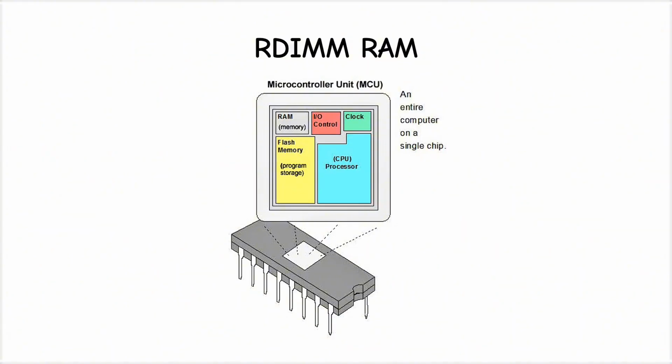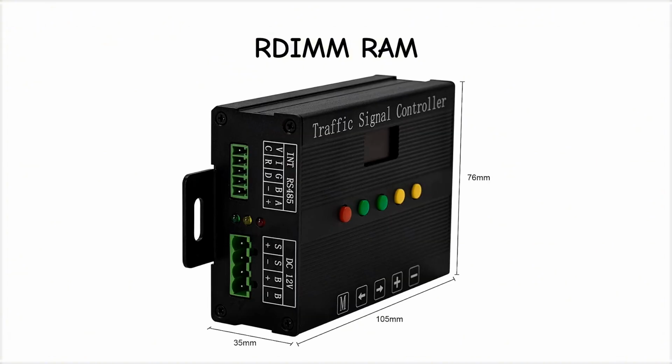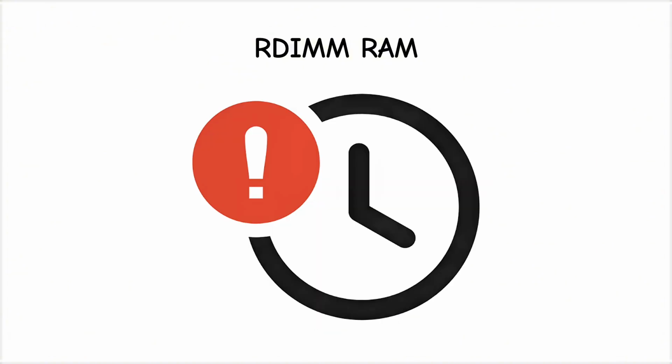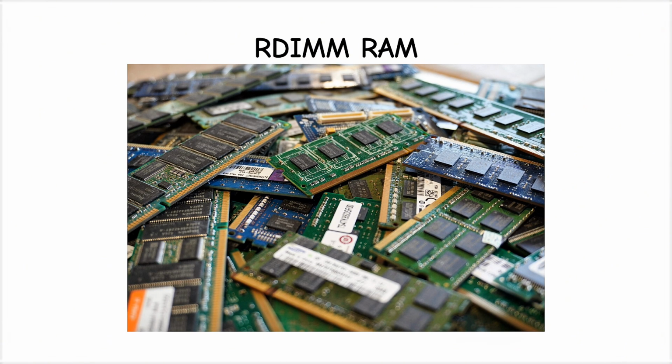Registered modules solve this by placing an onboard hardware register directly between the memory chips and the system processor, acting as a traffic controller that buffers the electrical signals. This small delay slightly increases latency, but it allows a single system to reliably run dozens of memory sticks simultaneously